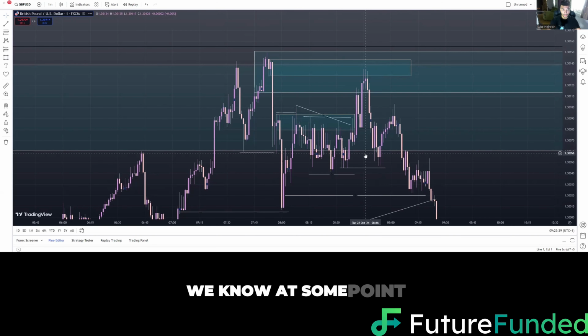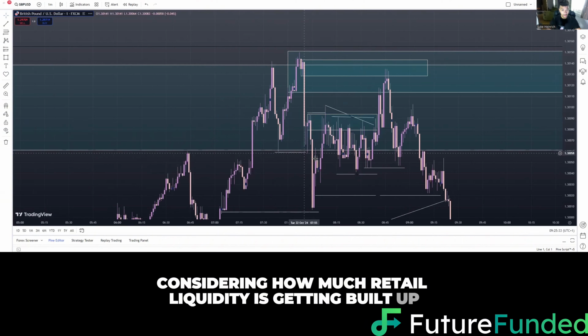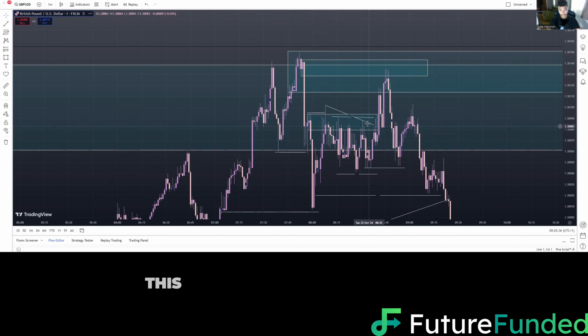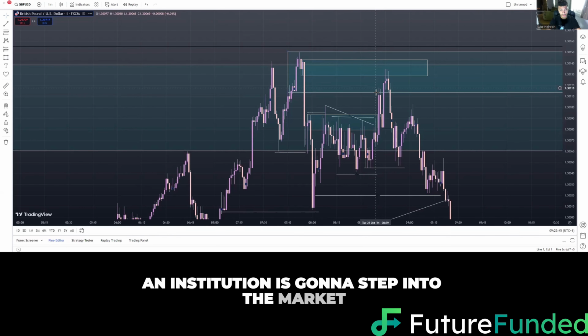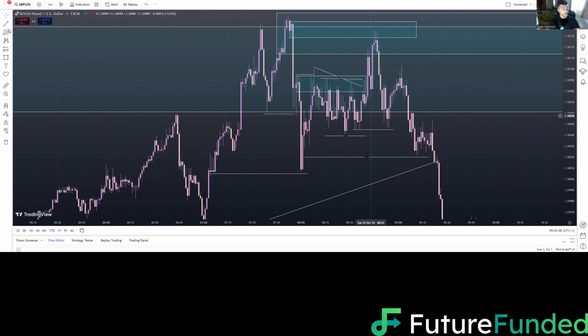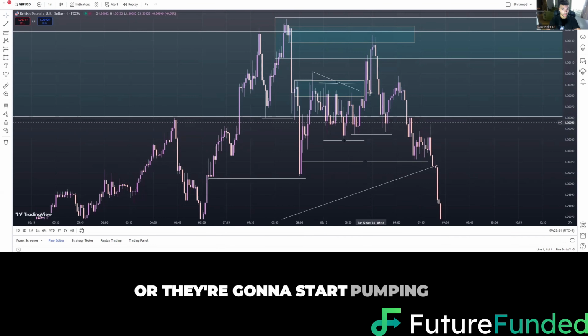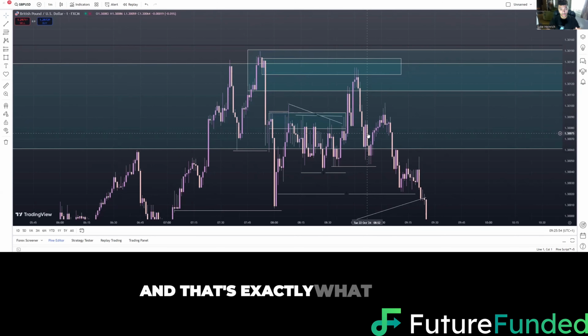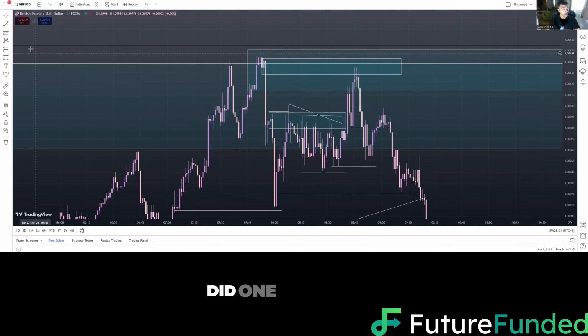We know at some point, considering how much retail liquidity is getting built up through this equal high, this trendline liquidity, this equal high, this equal low, this equal low, we know that at some point an institution is going to step into the market and they're either going to take out all of the lows and start pumping down, or they're going to start pumping up. And that's exactly what they did. They immediately pumped up, took out all of these retail sellers, did one last sweep